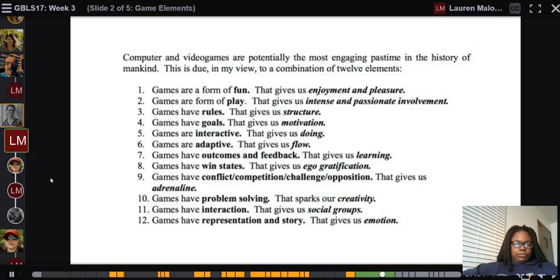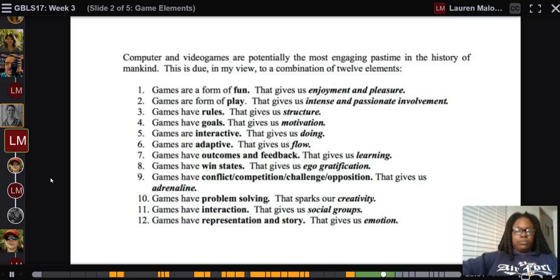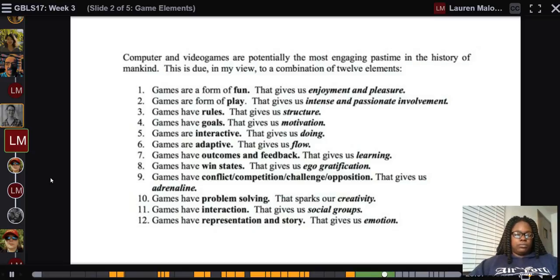So how does this, I guess, get us emotionally invested in a character when you're playing some character that's already preset for you versus when you get to create your own character? And this kind of goes back to how I was thinking of representation in terms of representation and diversity, and